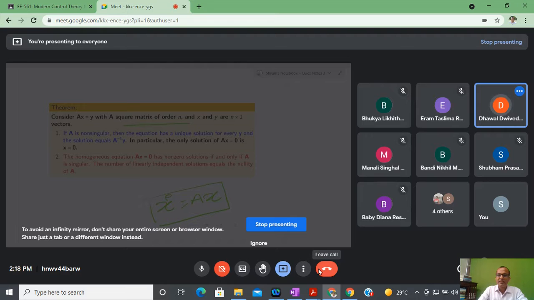When A is a singular matrix, I have infinitely many solutions. Since it is a linear system, it always satisfies the superposition principle, and due to that I can tell that if I have more than one equilibrium point, suppose two, then there do not exist two isolated equilibrium points. By superposition or linearity, any line joining these two is also an equilibrium point, so all equilibrium points of a linear system, if more than one, that is, other than x equal to 0, are connected.